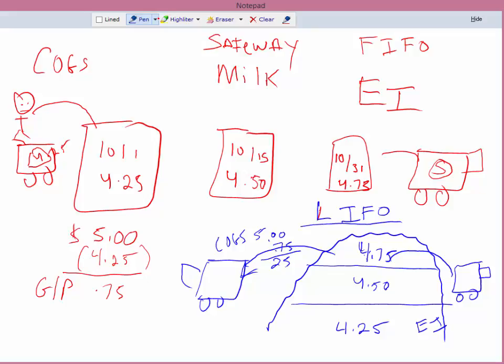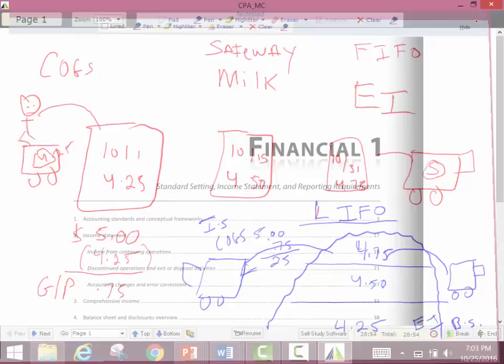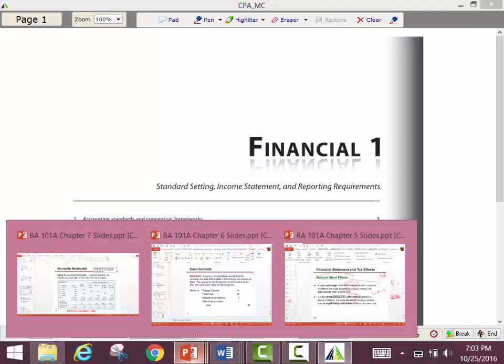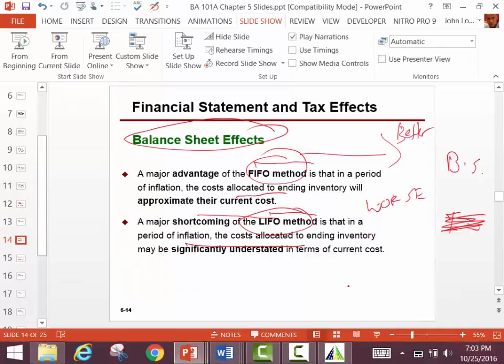Now, when that's compared to LIFO, take a look at what's happening with LIFO. The balance sheet is showing these 425 ones, where my ending inventory is. Meanwhile, on my income statement, where my cost of goods sold is, they're showing the most recent purchases as my cost of goods sold, aren't they? So when we talk balance sheet, LIFO is showing a worse picture on our balance sheet because it's showing that our inventory is only worth